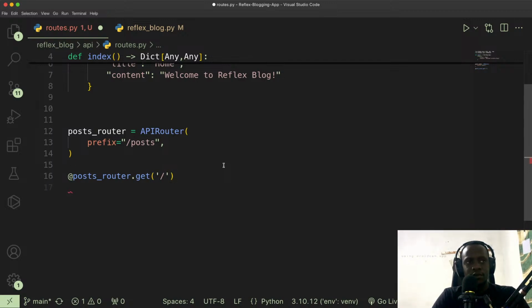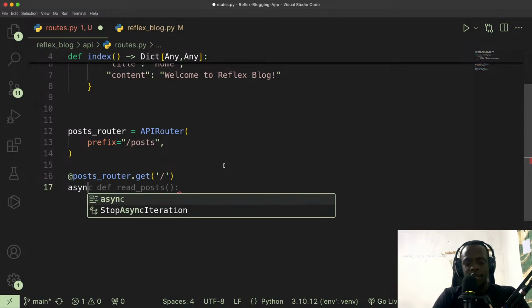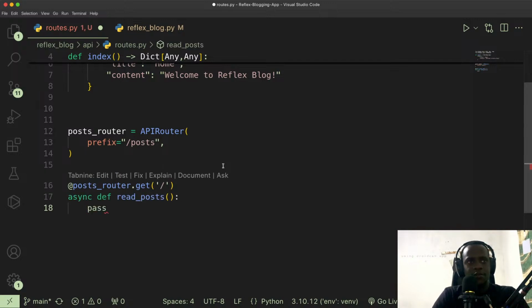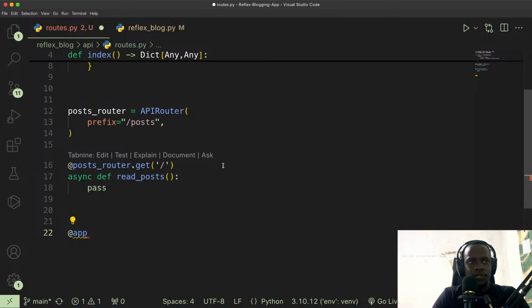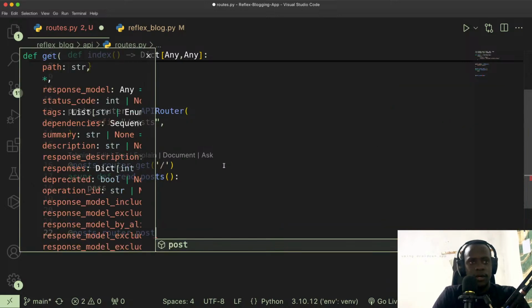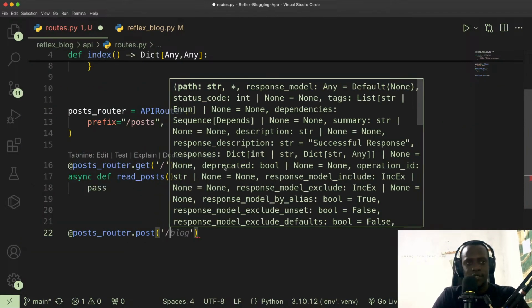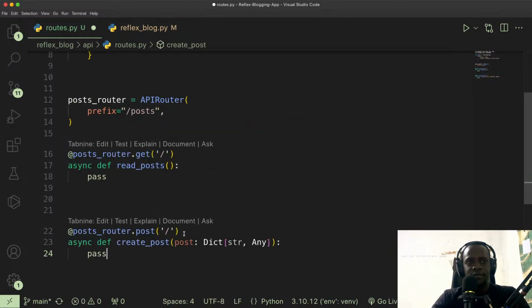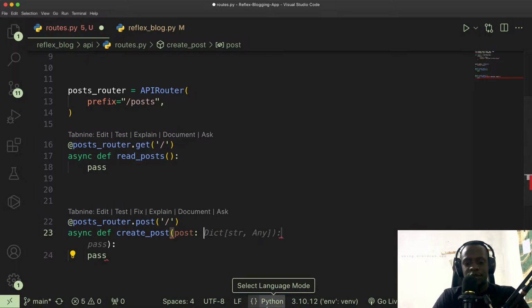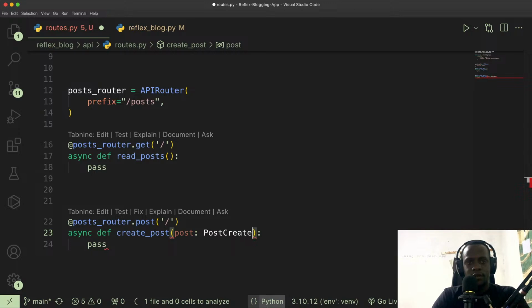So what I can do is to just define it as get_all_posts or read_posts, and I'll simply pass this for now. I'm going to create one for creating posts. So I'm actually going to be on the post_router.post, and for our case we can still send to /posts. So say create_post, so we shall need some data, but this is not going to be a dictionary, it's going to be a Pydantic model. May actually go ahead and provide that and then define it later. So I just call this the PostCreateModel or schema or whatever you may want to call it,